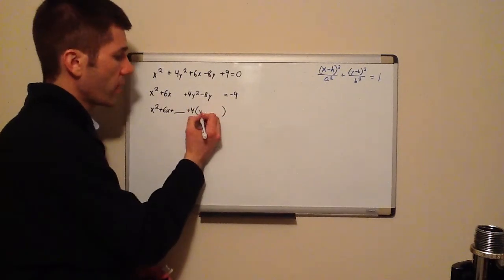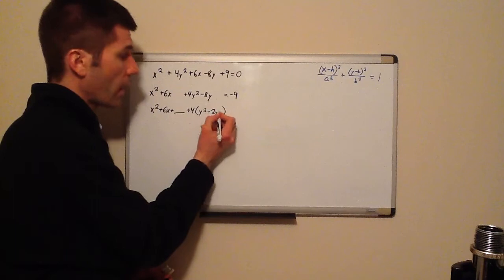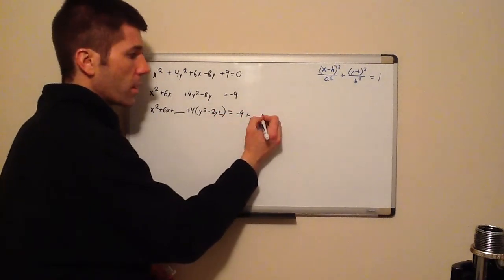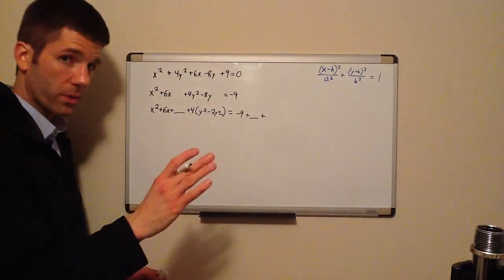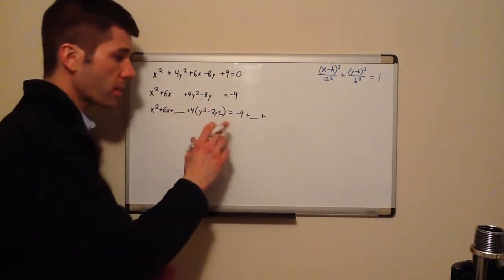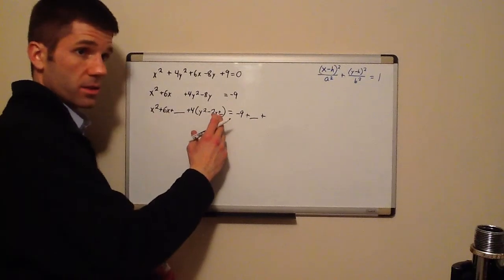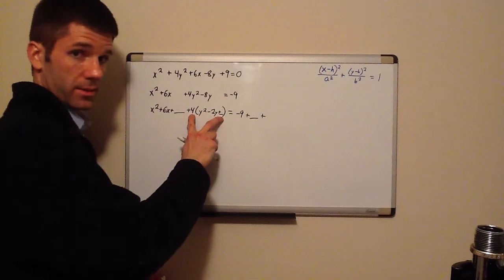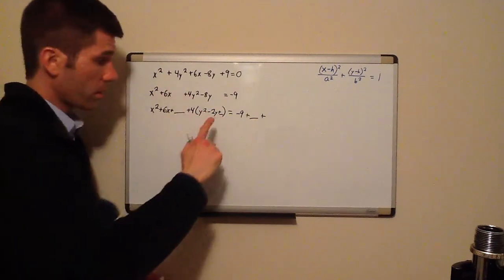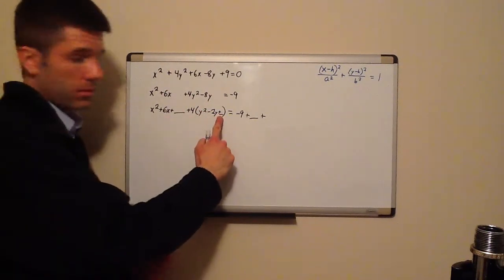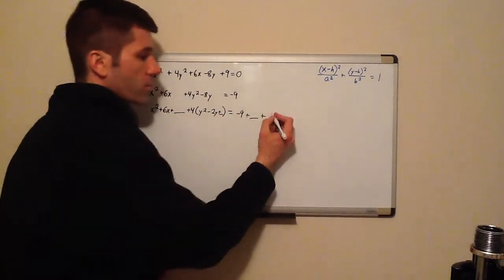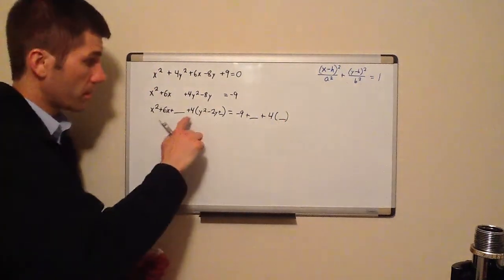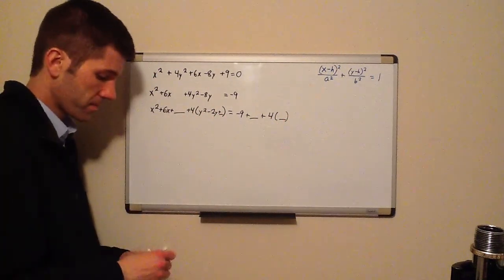So we do that, we have y squared minus 2y plus blank, and that is equal to -9 plus something plus, now, I'm about to put another blank, but whatever goes in this blank isn't just blank, it's 4 times blank, okay? In just a minute we're going to put a number in this blank. It's the number 1, you know that, I know that, but it's really not just a 1 that we're adding to that side, it's 4 times 1 because there was a 4 in front of the parentheses. Okay,